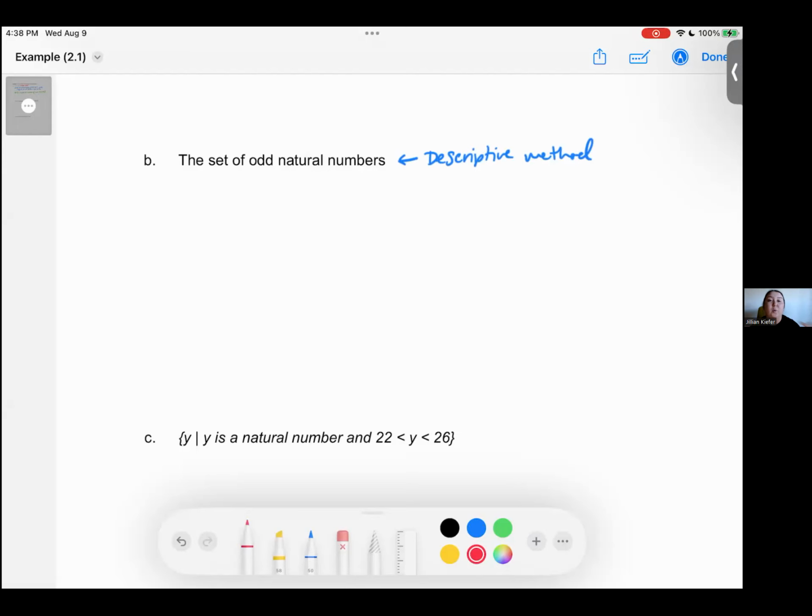So now we want to write the roster method and the set builder method. So starting with the roster method, we know we're going to start off with some curly braces because we're listing things. And it's a set of odd natural numbers. So remember, natural numbers, whole numbers, not a zero, not negative. So just whole numbers, basically. And it's a set of odd whole numbers. If we think about odd whole numbers, the very first odd number would be considered 1. And then it's just everything that's not even. So I would write 1, 3, 5, 7,